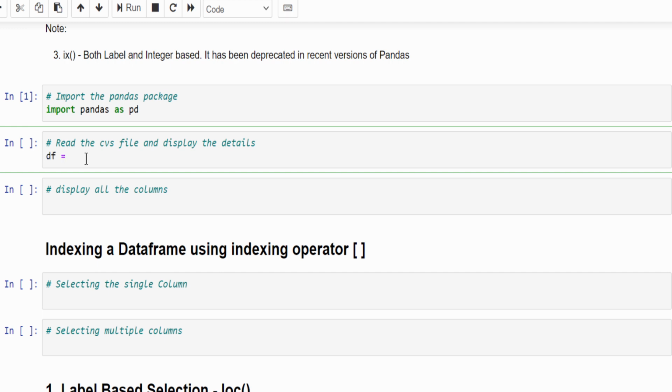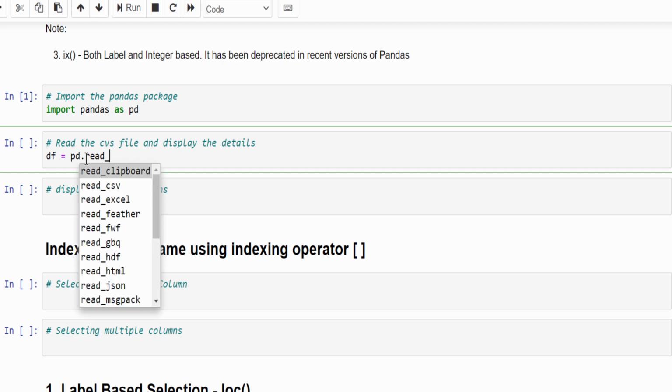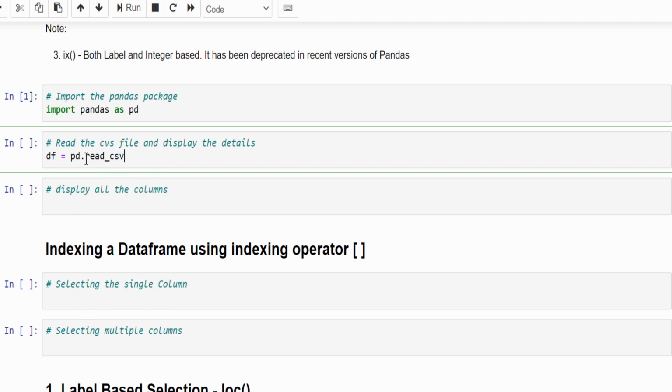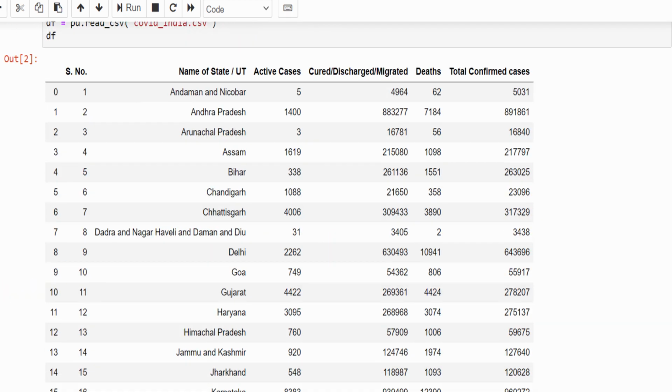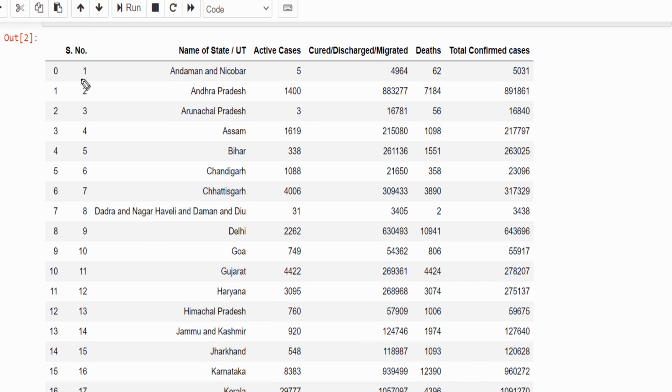So df equal to pd.read_csv and give the file name, then df. If we execute, the first column is the index. It is automatically given by the data frame starting from index 0.